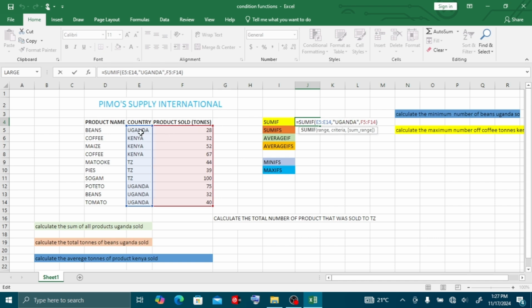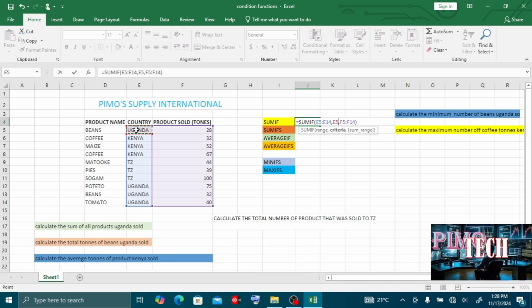It has excluded these other countries. Alternatively, you can remove this Uganda with its quotes and reference the cell where the criteria is. In this question, our criteria is Uganda. You click here on Uganda and press enter.